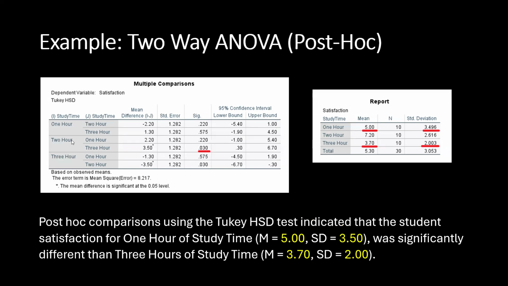So as you can see, there is a significant differentiation as it relates to the Tukey's HSD methodology between students who studied for 2 hours and students who studied for 3 hours. So we can see that as it relates to the two-way ANOVA in our findings, that the main differentiation as it relates to study time was between students who studied for 2 hours as measured against students who study for